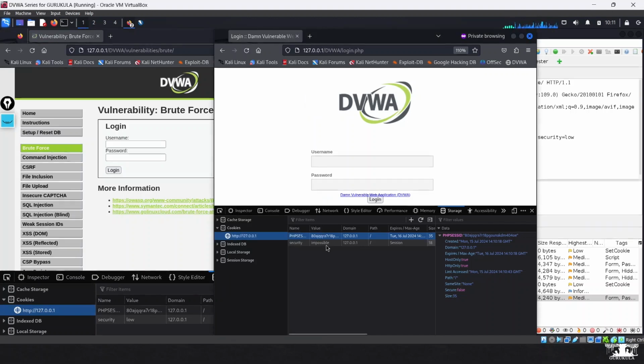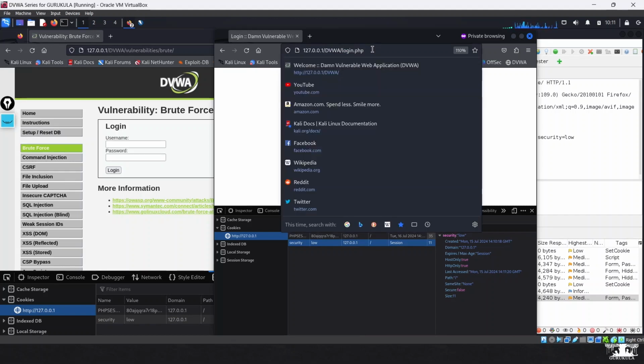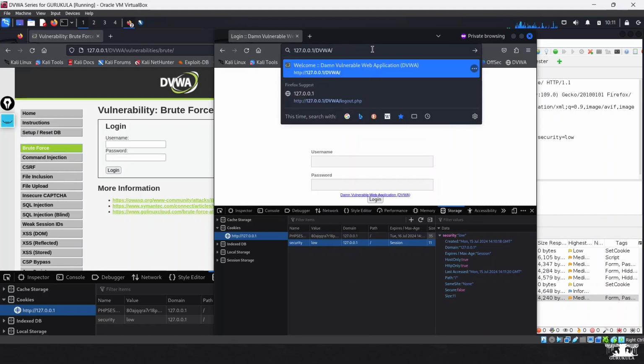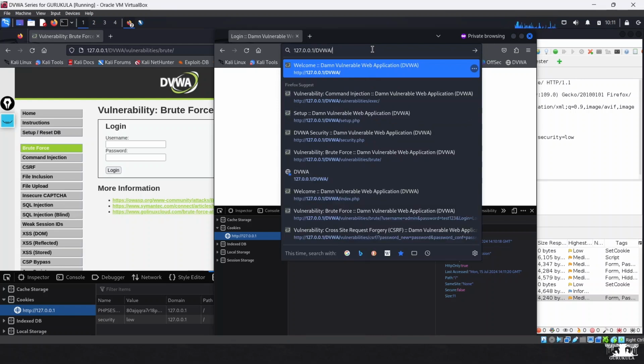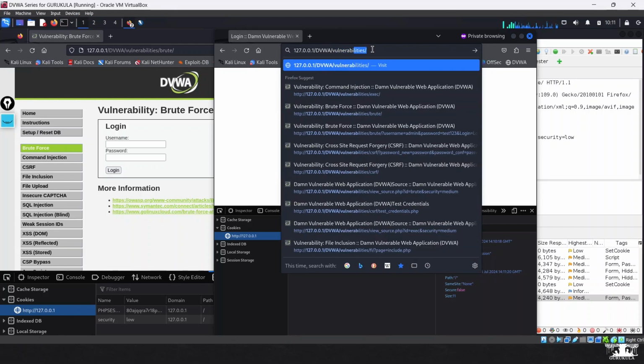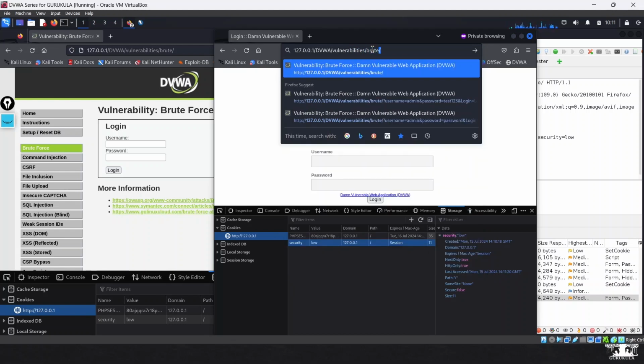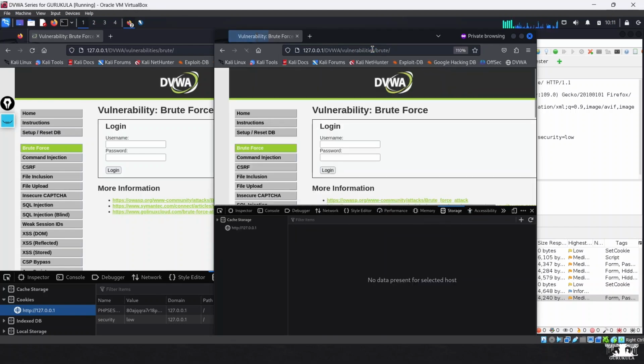There is no change in the session ID, but instead of security we have to type low, because in the high security level it is not going to work. So I change it to the low security level and try to land on the same page, called vulnerabilities /brute. When I hit enter, you can see that even in the private window,